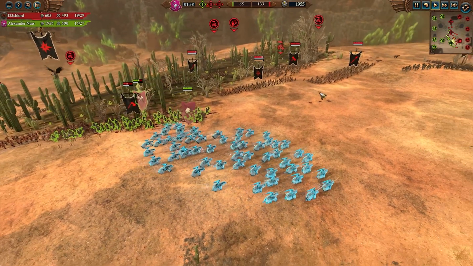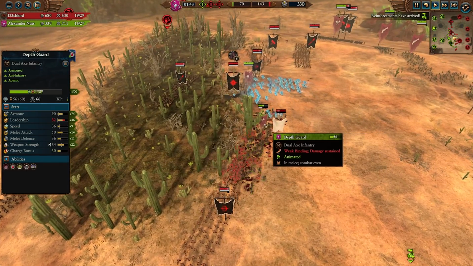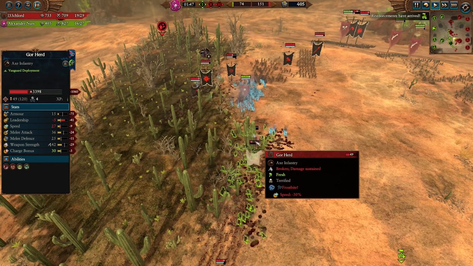Looking like they're going to be trying to find their way into some of the archers. We will have to see. So Depth Guard getting pretty clean, but man, they just took a lot of damage from something. But not before they mulch those Gores. They do get through the Gore herds, but lose about half their HP, so the healing's certainly going to need